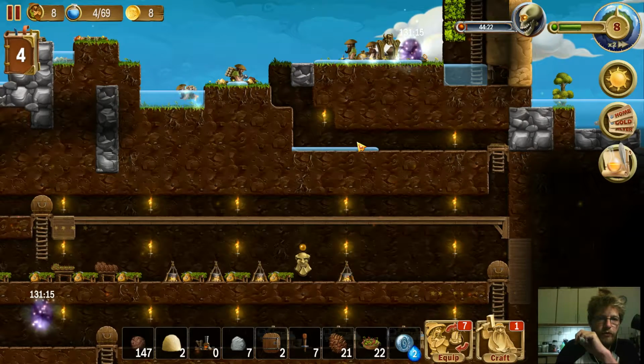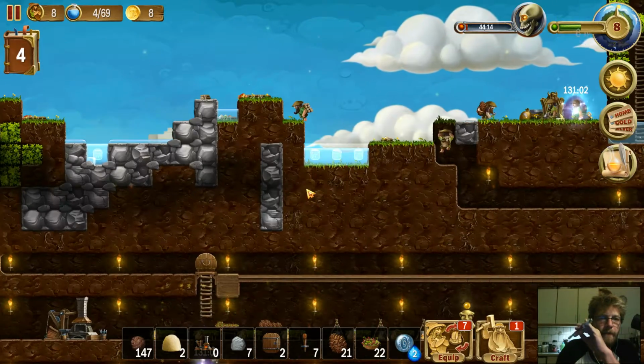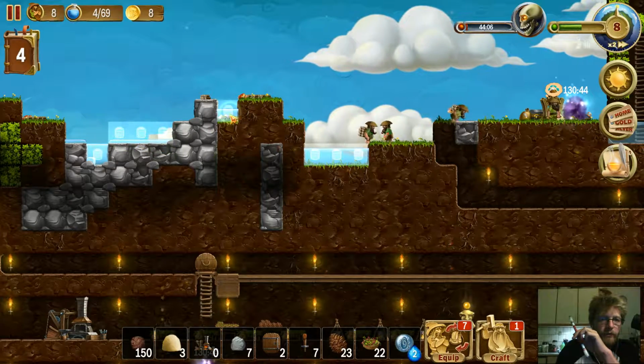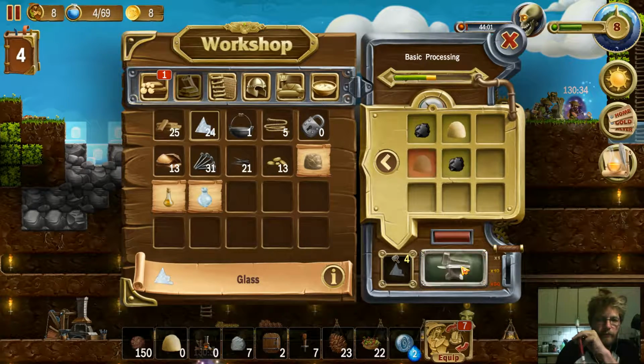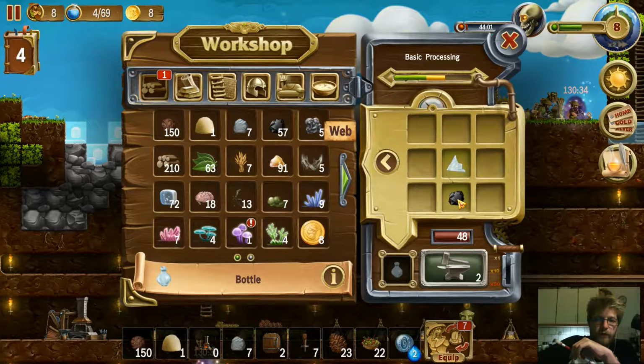Weapon and basic processing. Yes, that was the glass thing. So definitely also something we need to be scouting for. Let's just make another batch of this and then look into making bottles, because bottles is also basic processing. Once we have bottles, we can make oil. That's also basic processing. So we are just going to be completing this right away, just to really make sure that we get